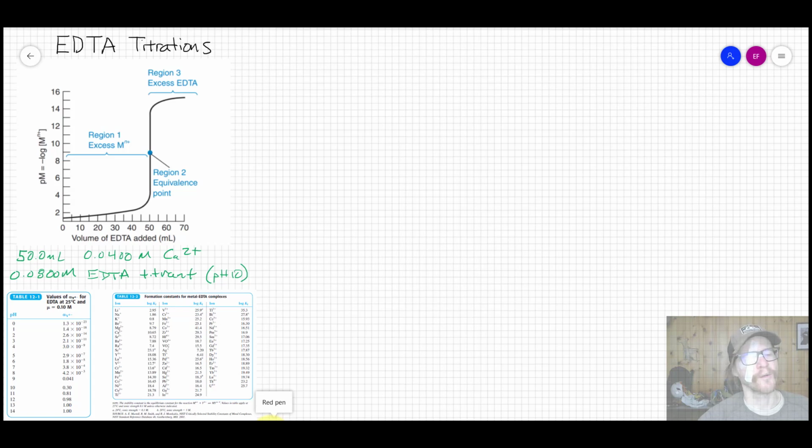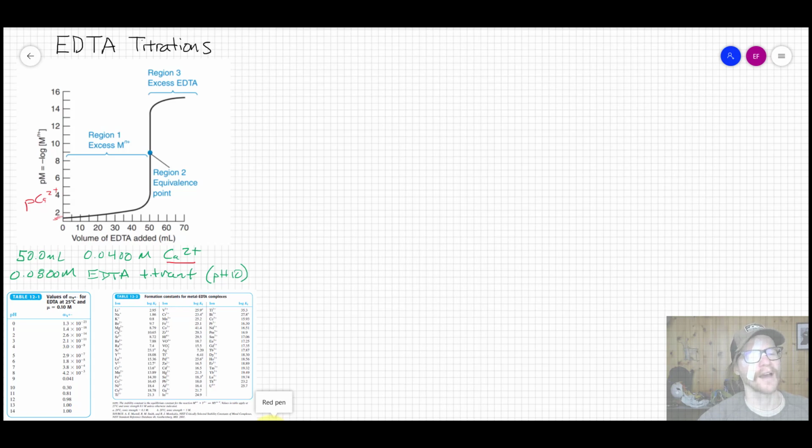Notice the y-axis here. This is P metal ion concentration. So we're going to do a titration of calcium ion in solution. So this would be P calcium. You might not have ever seen P applied to anything but hydrogen ions, but there's no reason it can't, really. It just means negative log of. And so since it's negative log of the concentration of the metal ions, then high concentrations are down at small PM values or P ion values. So that's the region of excess metal ion in solution, meaning you haven't added a stoichiometric amount of EDTA